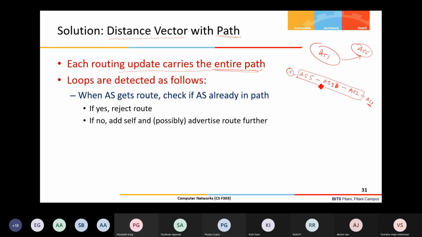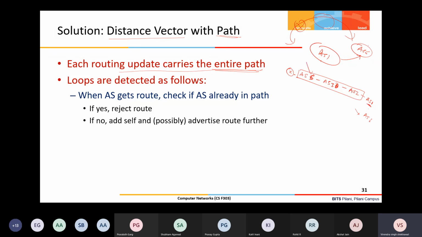Then AS6 will see, okay, what is the path this route is coming from? 5, 3, 2, 1. I am not there in that. That means if I import this route in my routing table, it will not create any loop for me. It can easily figure that out. In place of that, suppose this route is coming from 6, then 3, then 2, and then reaches 1, via maybe multiple other autonomous systems. Now AS1 is sending this to AS6, saying you take this route. AS6 will see that it is already in this route, so it will check the entire path.